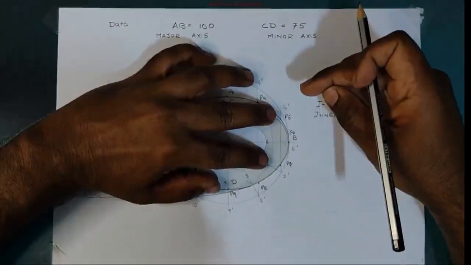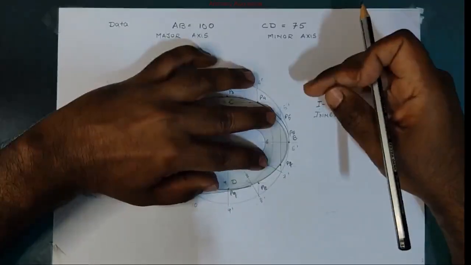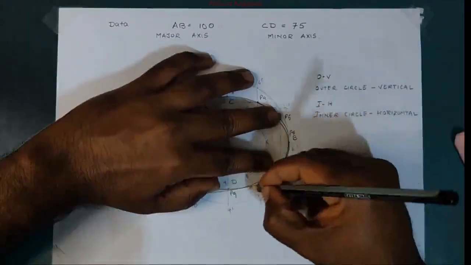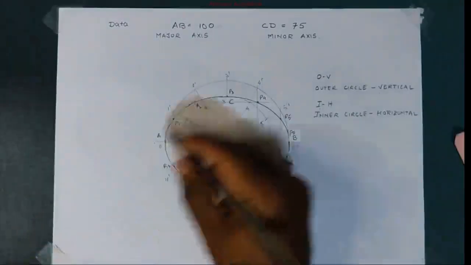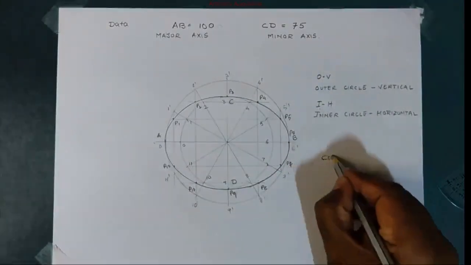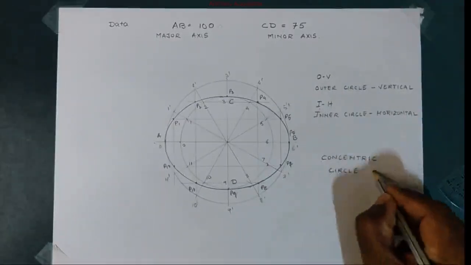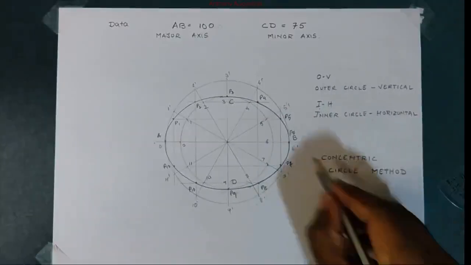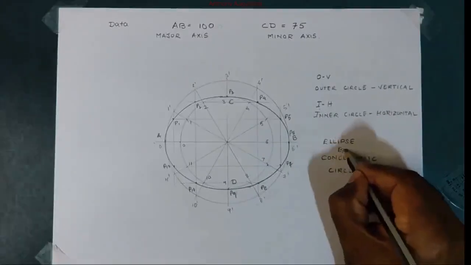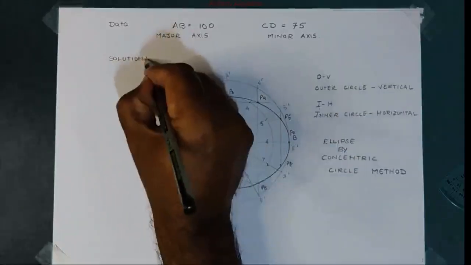So I reverse the flexible French curve and I join 2 to 3 points in a single stroke with a dark outline. Remember, the curve is dark. So this is the final output of a concentric circle ellipse. Okay, the ellipse by concentric circle method. So I hope you are able to draw this ellipse by concentric circle method, and this is the given solution.